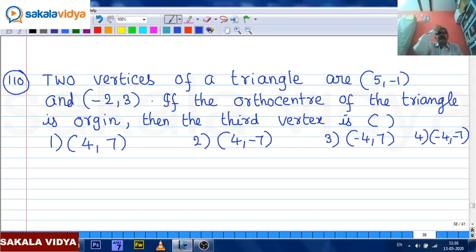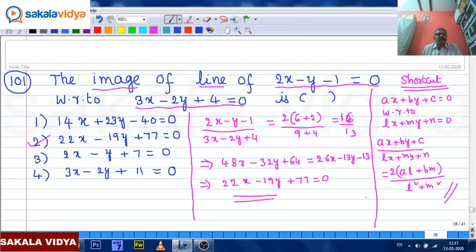Two vertices of a triangle are given, 5 comma minus 1 and minus 2 comma 3, and the orthocenter of the triangle is the origin. We need to find the third vertex. So that means